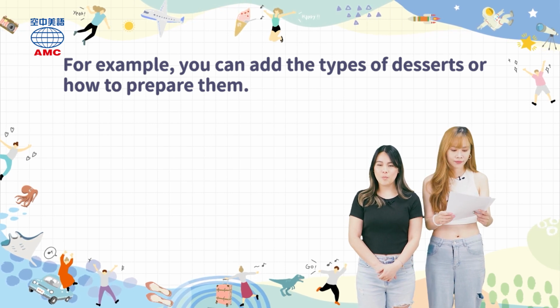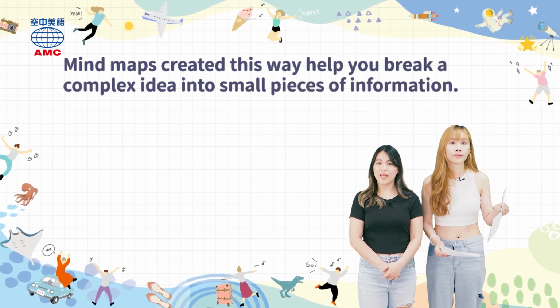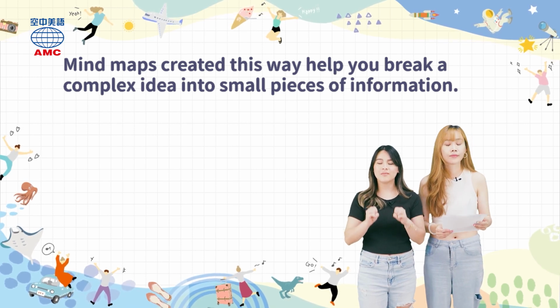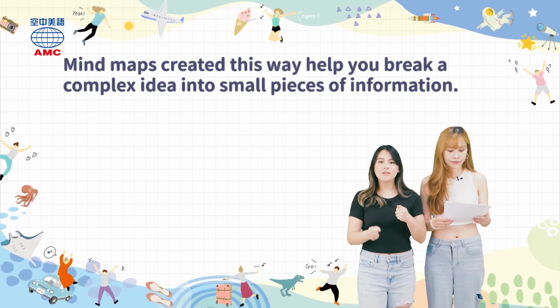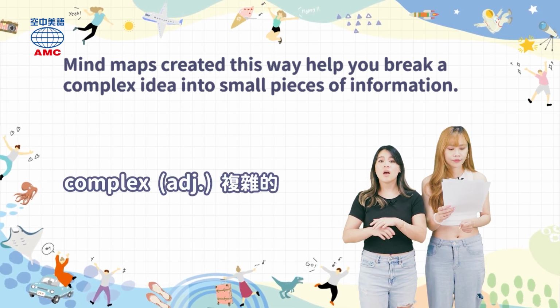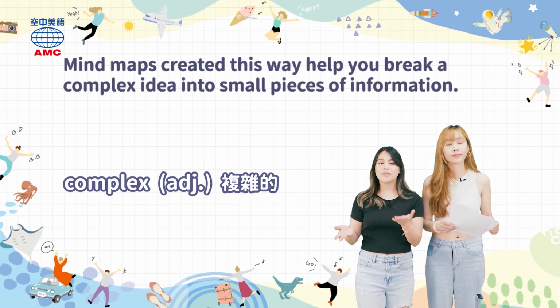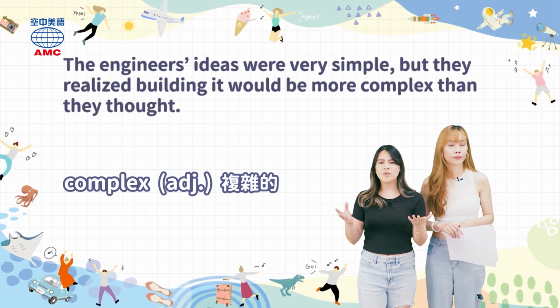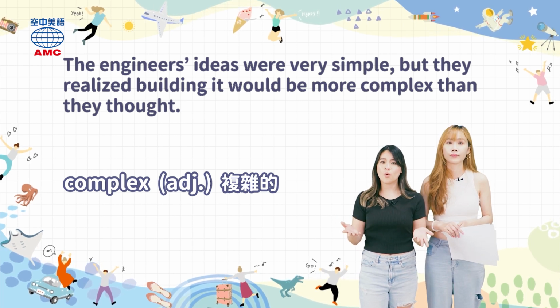Okay, next it says, mind maps created this way help you break a complex idea into small pieces of information. Okay, here let's take a look at the word complex. Complex is an adjective and it just means complicated. Okay, for example, we can say the engineer's ideas were very simple, but they realized building it would be more